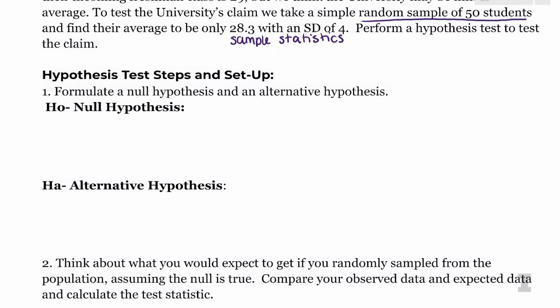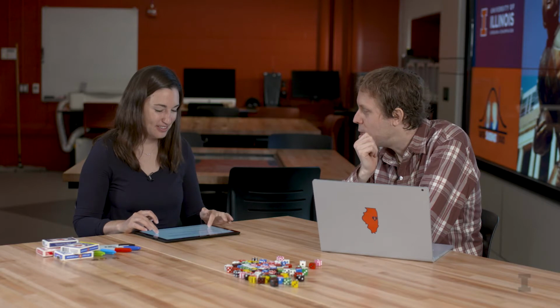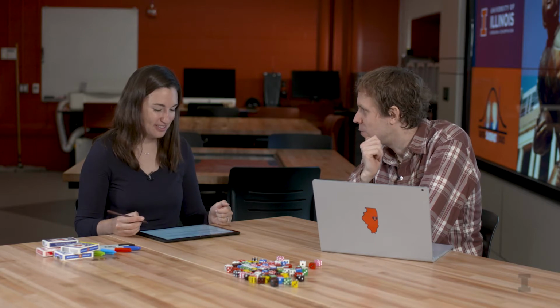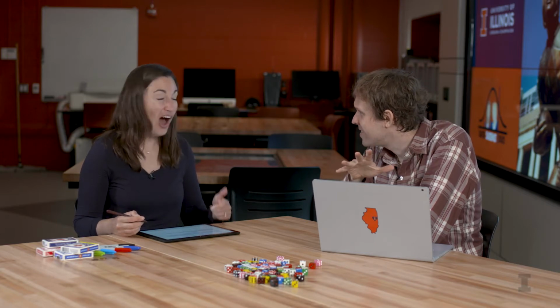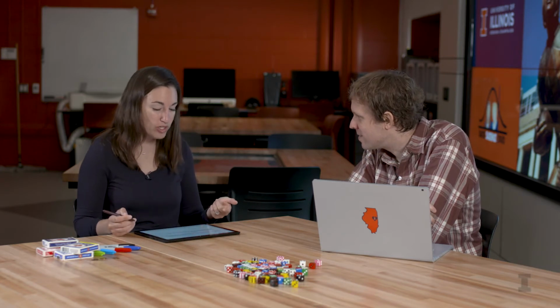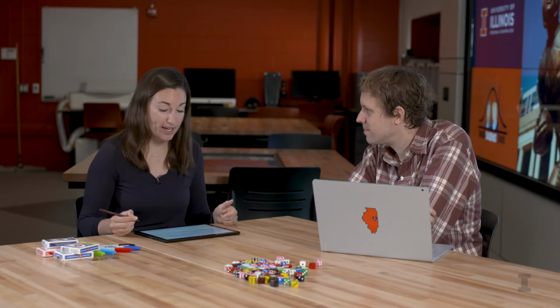And our null hypothesis is always going to be the dull, boring hypothesis of no effect. So in this case, the null hypothesis would be what, Wade? The null hypothesis would be that there was no evidence to suggest that the score is cheated. That the university was basically cheating and saying that they had higher scores. So I'm going to write this, we can write this in one of two ways. We can write this in words or we can write it in symbols.